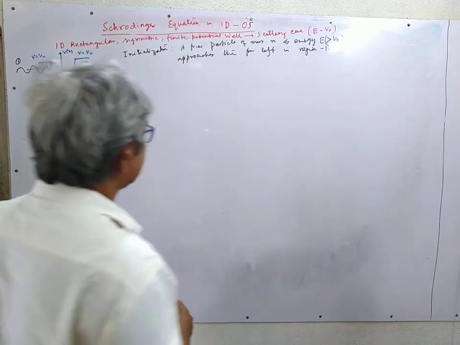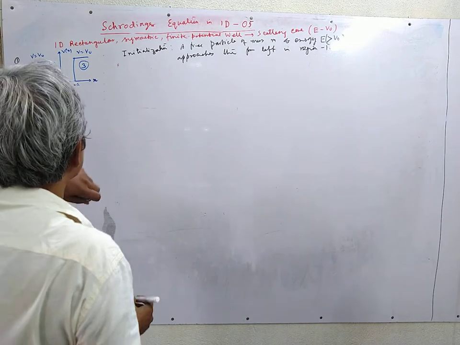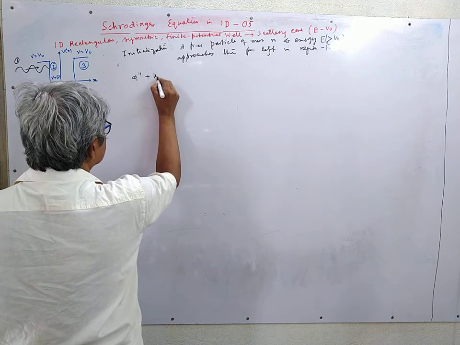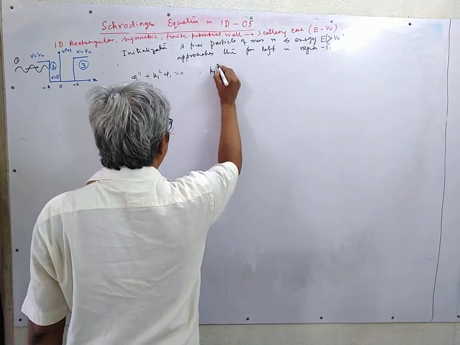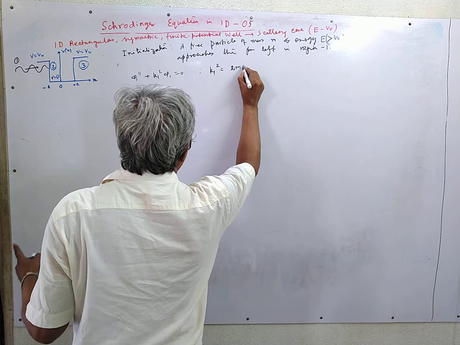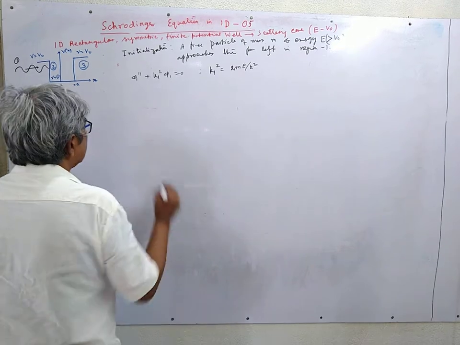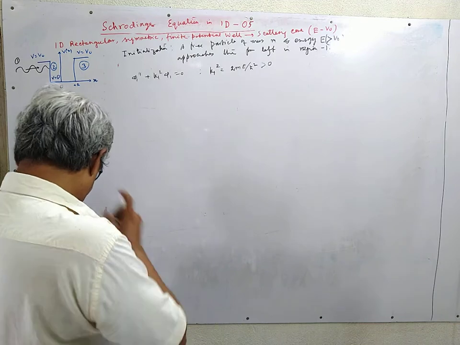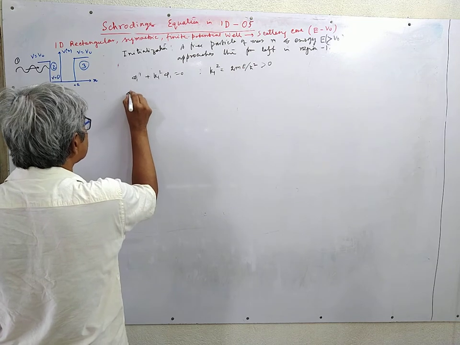This is the initialization of the problem. Now what happens if we write the wave function in region 1: phi 1 double prime plus k1 square phi 1 is equal to 0, with k1 square equal to twice m E by h bar square, and E is greater than 0. So the solution of it is